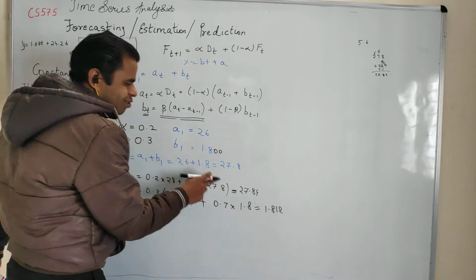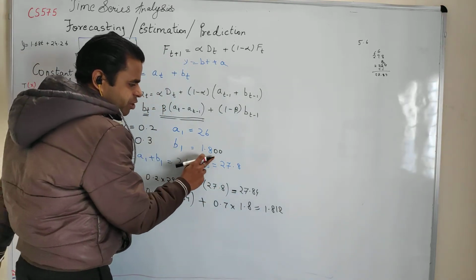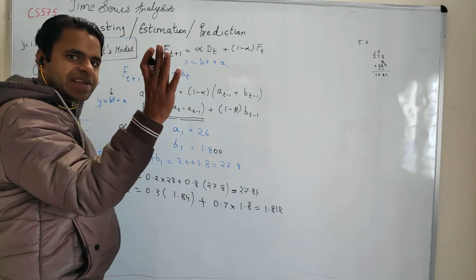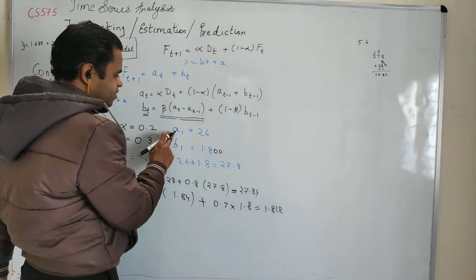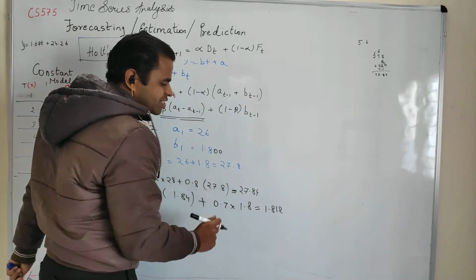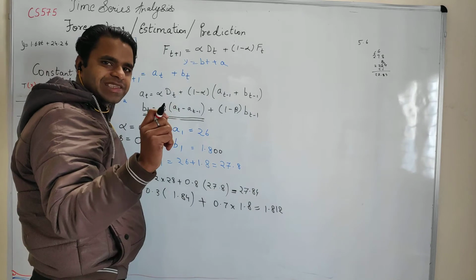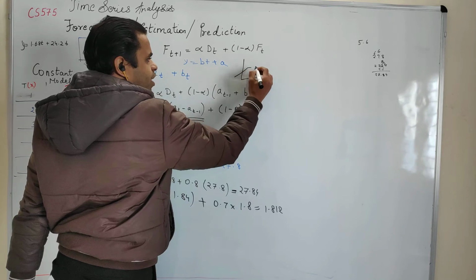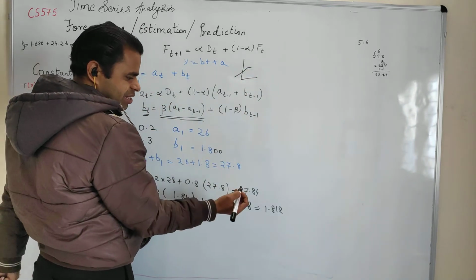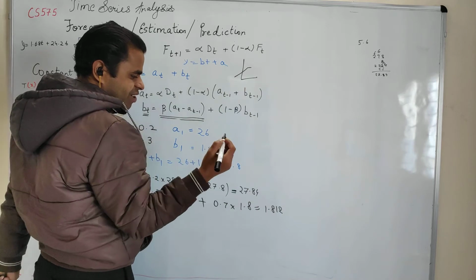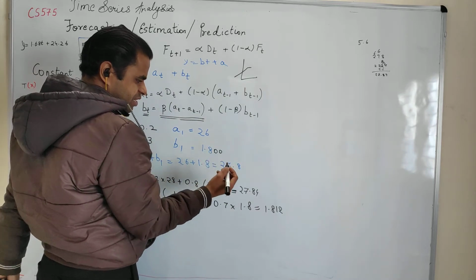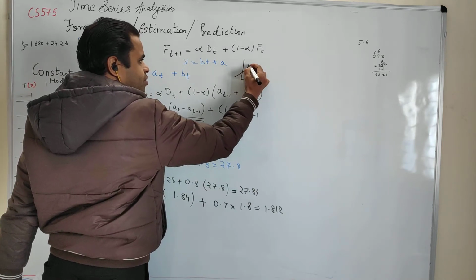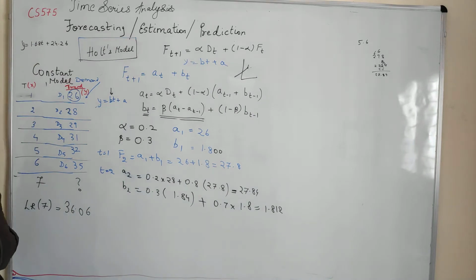So you can see the slope is slightly shifting, right? 1.800 to 1.812, right? So you can see Holt's model is slightly adjusting the slope. Also, if you see the A from 26 became 27.84. So there is a slight change in the intercept, right? So if you have a linear line like this, it may somehow go like this, right? Since basically the value is increasing, so tan increases as the value increases, right?